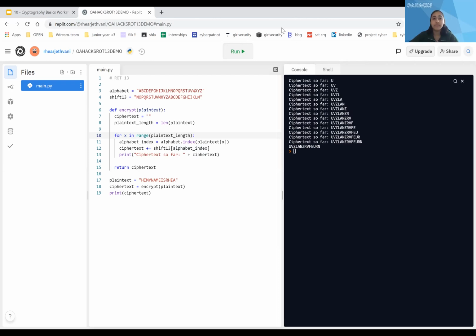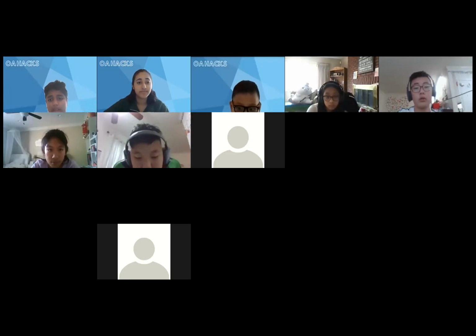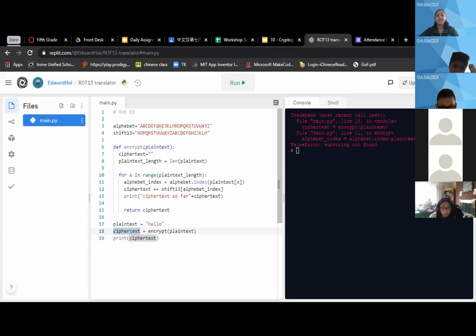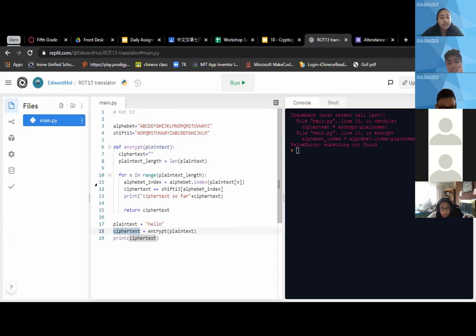Okay, Edward, do you want to share your screen and we can all take a look? I don't know why, but mine is having an error on line 7. Your for loop looks correct. I know this program is probably super difficult, so we should just try to take each one at a time. Okay, so define encrypt, plain text, cipher,